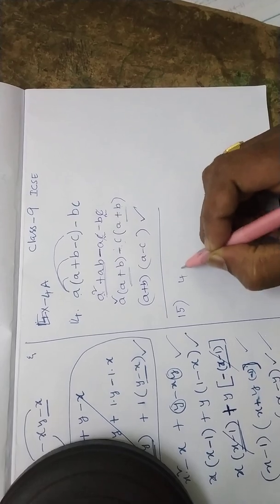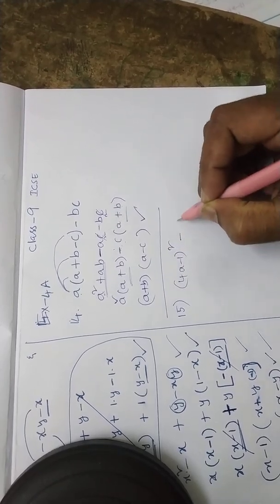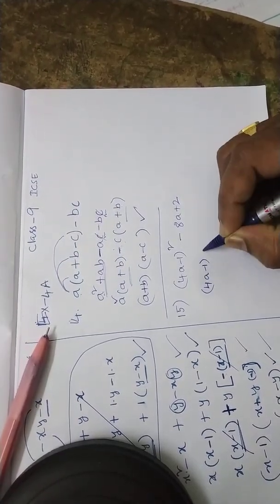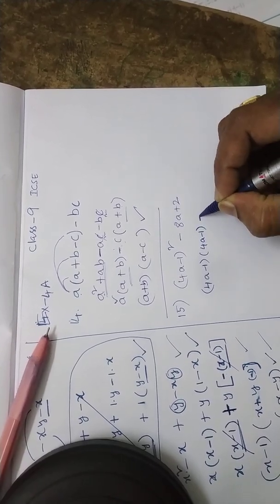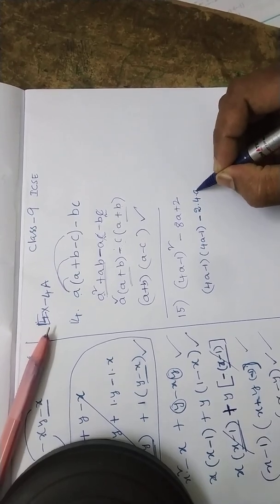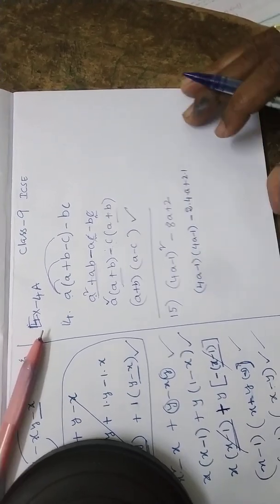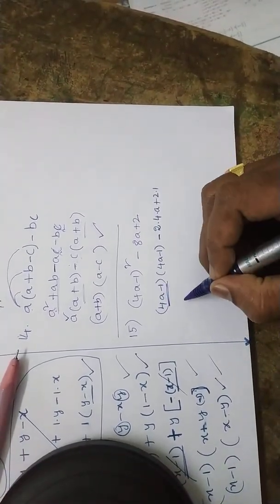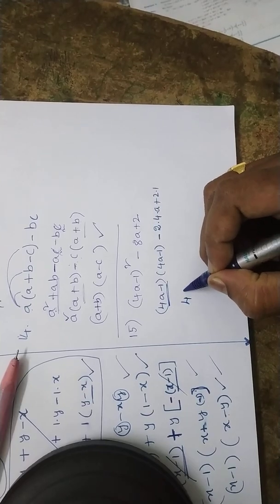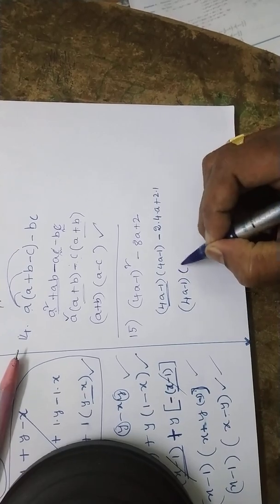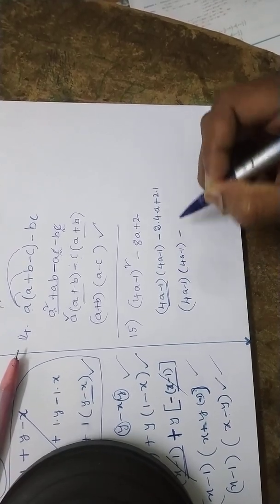15th question: 4A minus 1 whole square minus 8A plus 2. So 4A minus 1 whole square you can write as 4A minus 1 into 4A minus 1. And this you can write as 2 into 4 into A plus 2, 2 into 1, nothing else, 2 into 1 only. Now you try to take the common factor 4A minus 1. So still you can write 4A minus 1 into 4A minus 1 into minus, this you can write